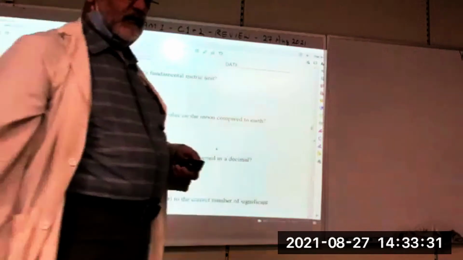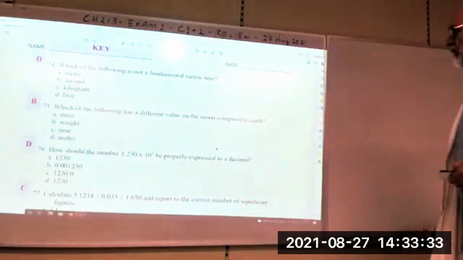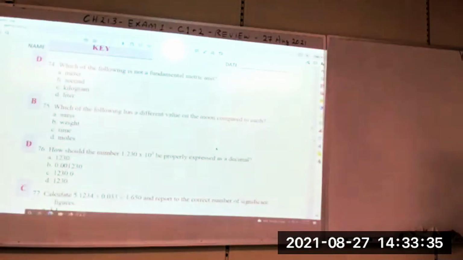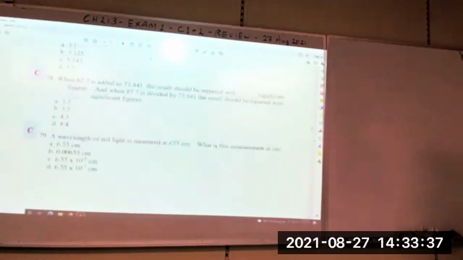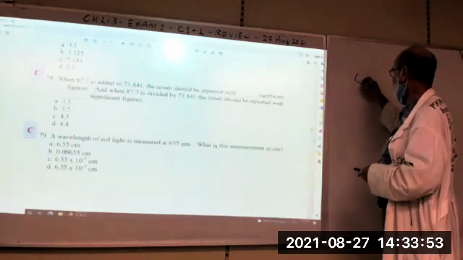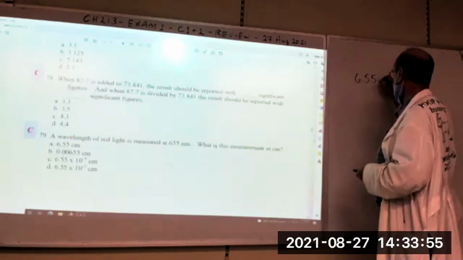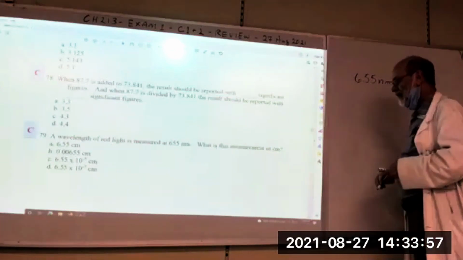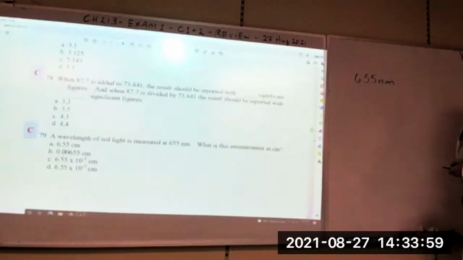So let's see, we might ought to get on to chapter 2 here pretty soon. Yeah, this is repetition. How about this one before we leave this topic? The wavelength of a red light is measured as 655 nanometers. How much is that in centimeters? Well,